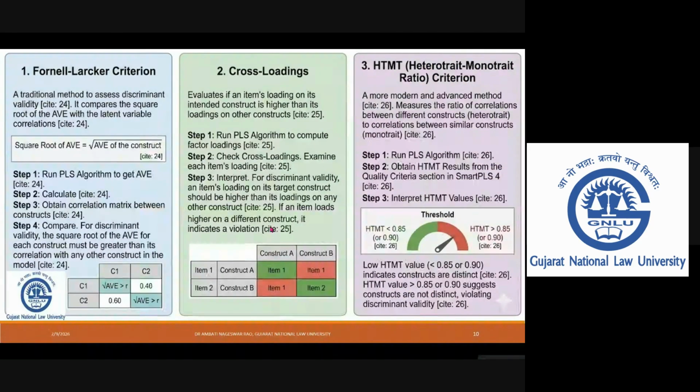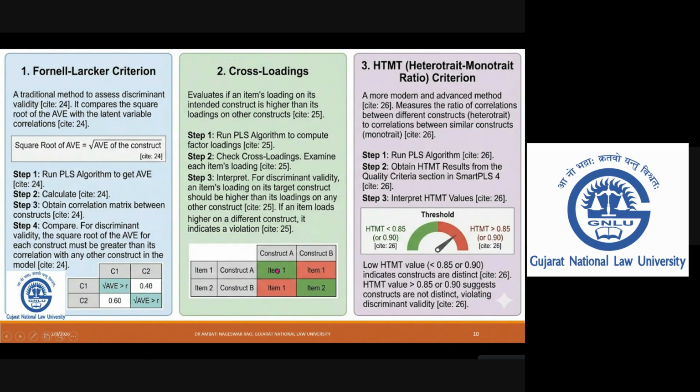When it comes to discriminant validity, we have three important benchmarks, starting with the Fornell-Larcker criteria. Then the HTMT value should be less than 0.85, and if you want more liberal, you can go up to 0.90. Whereas for cross loadings, we compare within the construct how the loadings are presented, and this value should be higher than for other constructs.